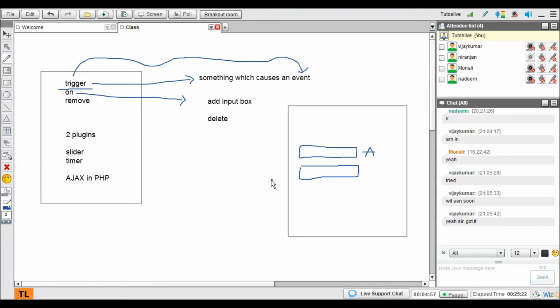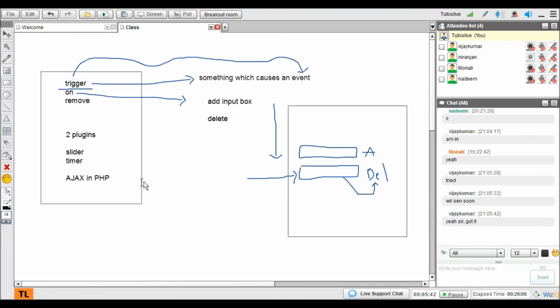Now this is not identified by the browser. The browser only knows what was loaded when the page loaded. When you dynamically add something, the browser is in shock: where did this come from? Adding is okay, because ultimately you submit and it refreshes and submits. But when you delete, the browser doesn't know that this has been added, so it gets confused. It says delete, but which one do I have to delete? You try this experiment. That's the reason I told you guys to try the delete, the remove functionality.